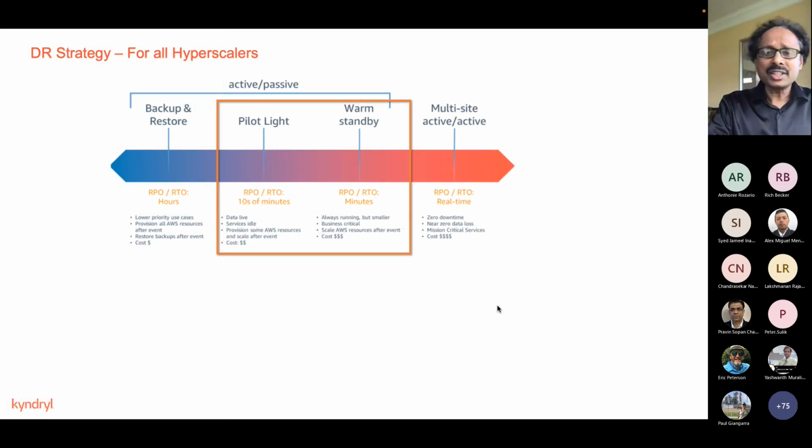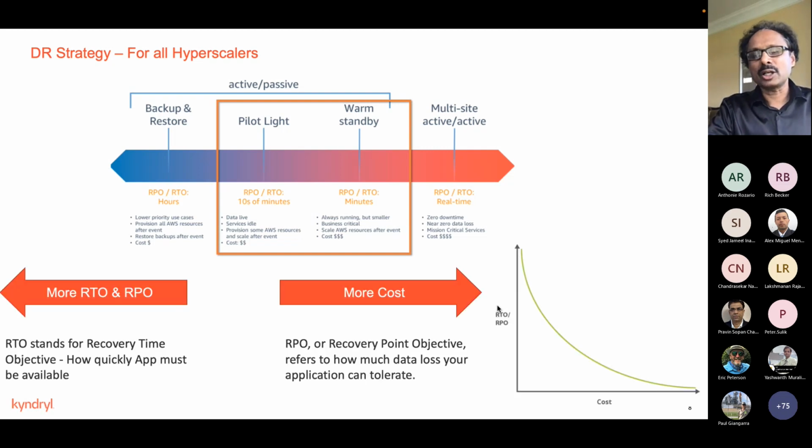How do we select which service is best for DR? It depends on what kind of strategy the customer wants and how much cost they want to incur. One question we need to ask is, what are your RTO and RPO requirements? That is one of the guidelines. If the RTO and RPO is high, then you select backup and restore on the left side options, which is less expensive.